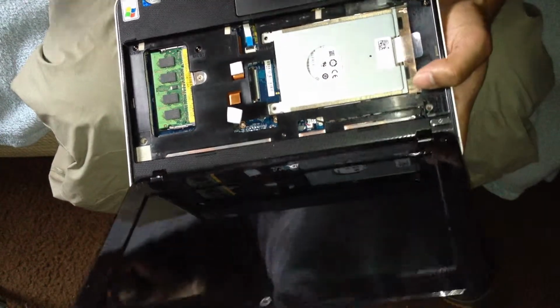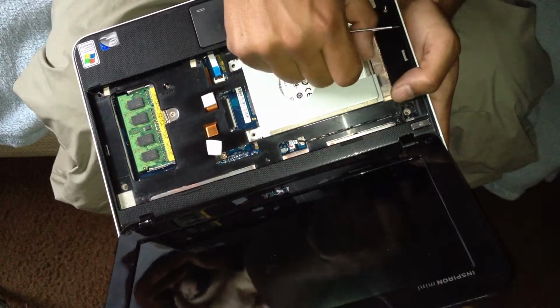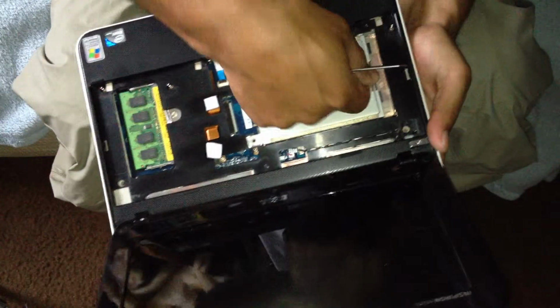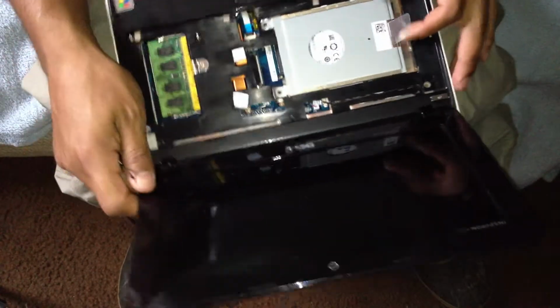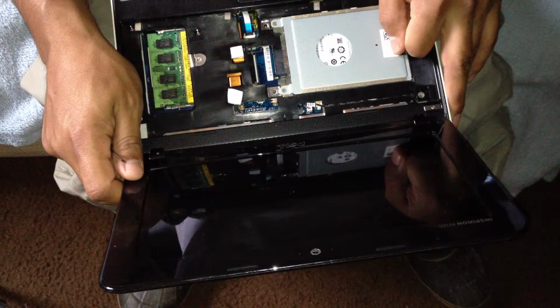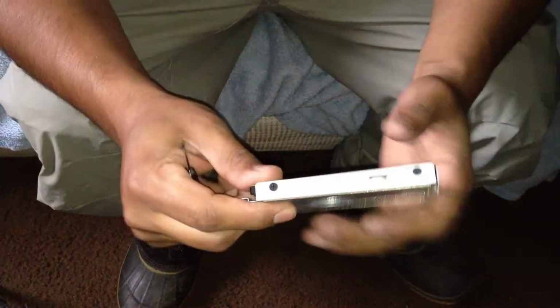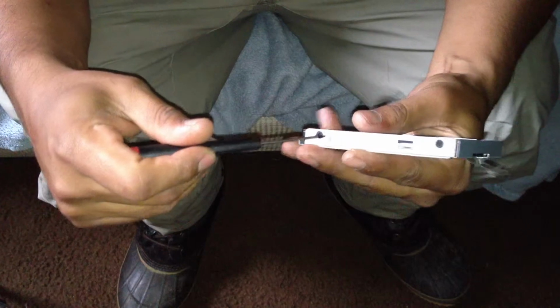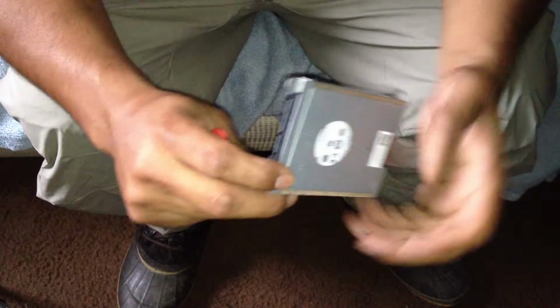There. And what you do is, there's a plastic tab. Just grab it, slide it to the left, and you hear that, and then just pull out. So now to replace this, there's 4 screws. There's one here, another there, another here, and another here. But keep in mind